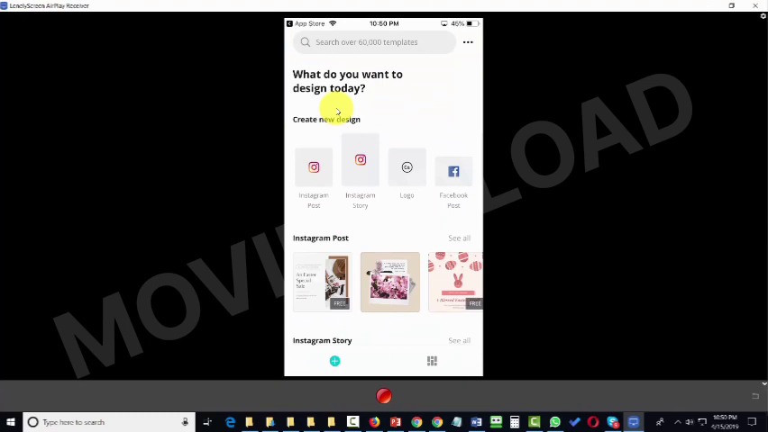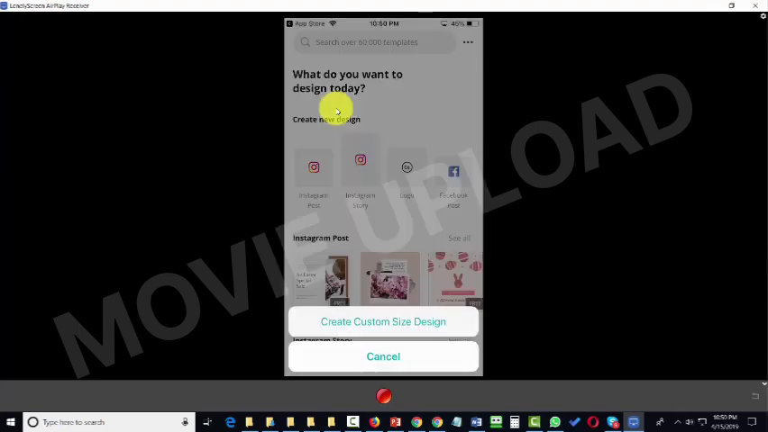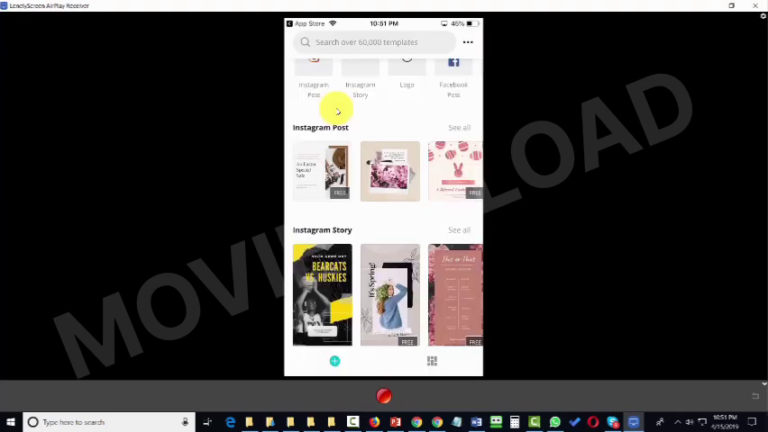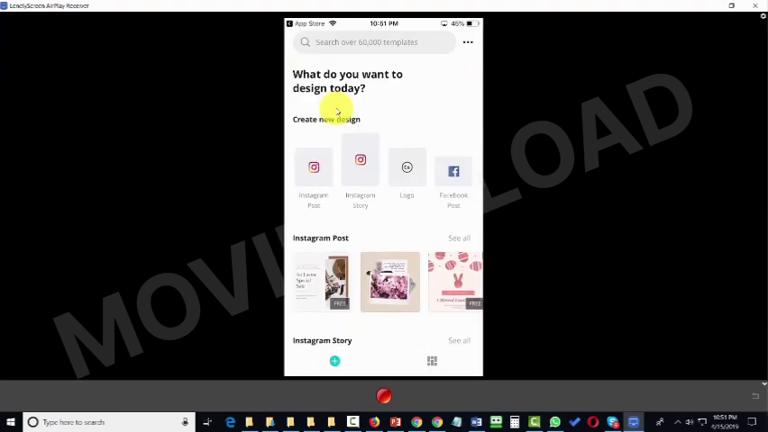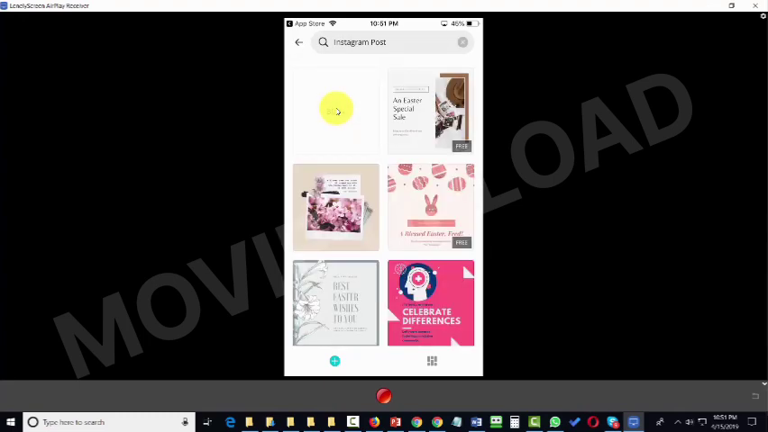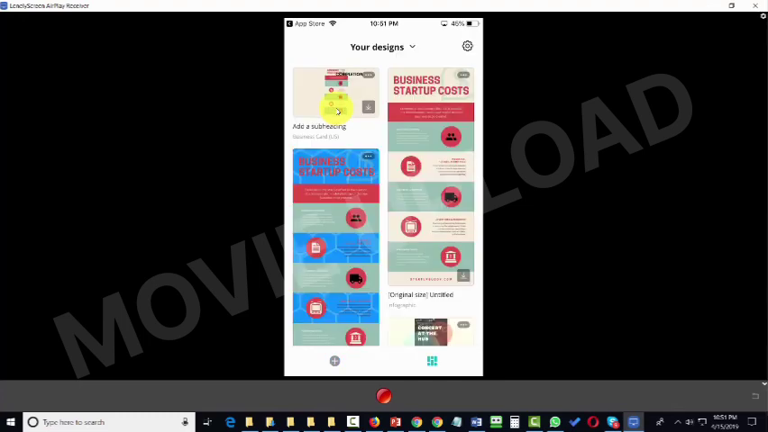On the right-hand side menu, you'll be able to click the 3 dots, and you'll be able to create a custom size design. To create a new design, you'll click the plus button on the left-hand side where you can choose the format. In order to see your existing designs, you'll click the right-hand side and you'll be able to see them in